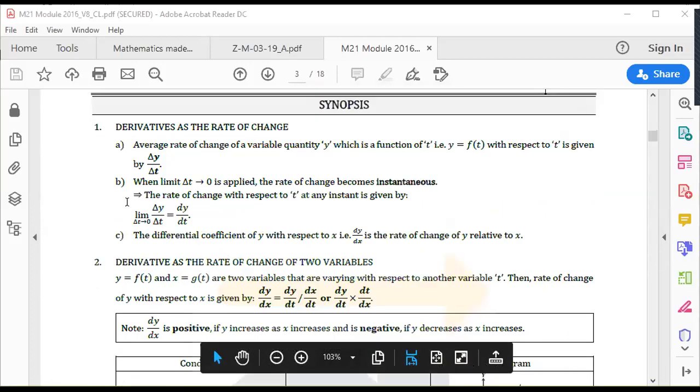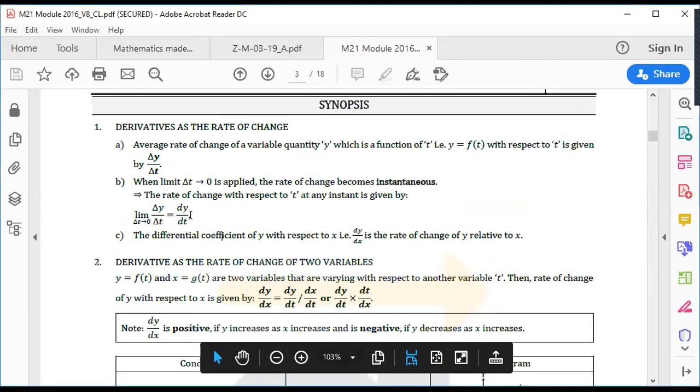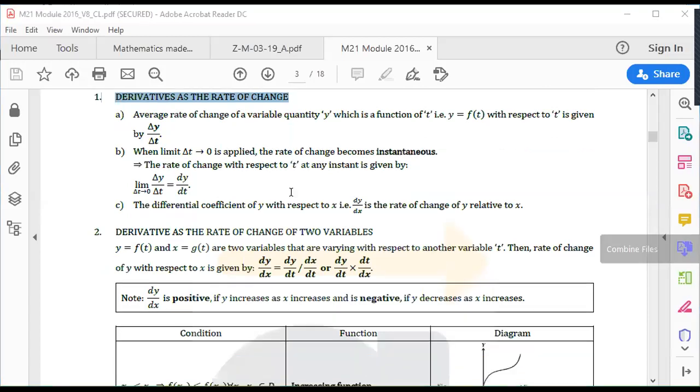So this was all about our delta y by delta x till dy by dx. Okay, so this was our first topic, that is derivative as rate of change. Okay, in Google Classroom I will change its settings so that you can download it. Okay, don't worry. So black square aa raha hai. You are not able to see this PDF, students? You're able to see this PDF? Okay, so see over here.